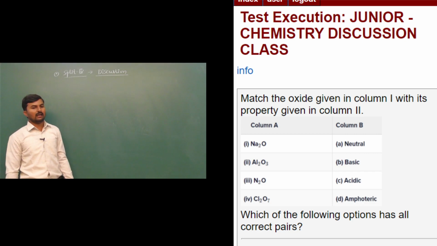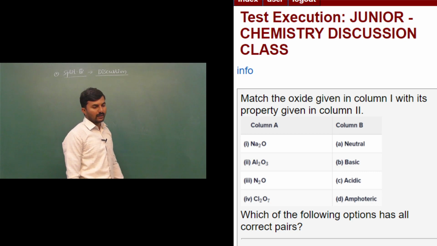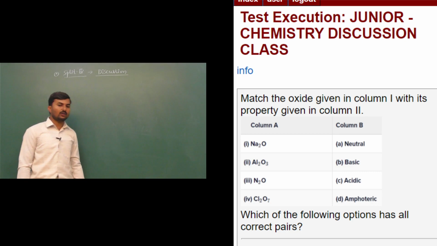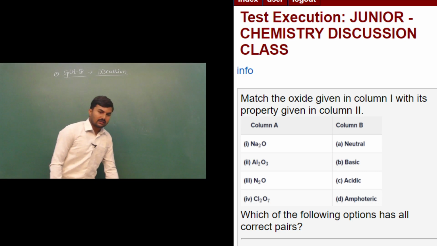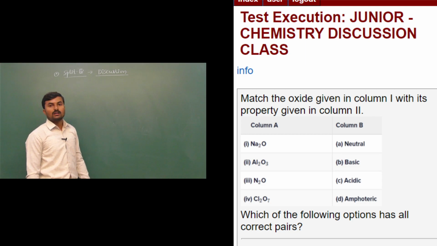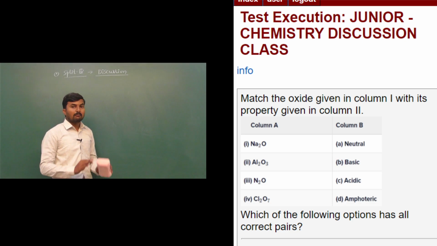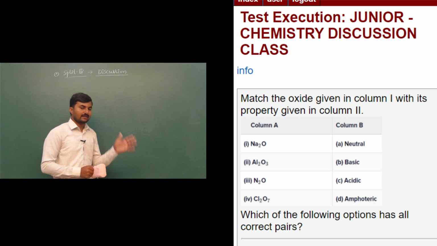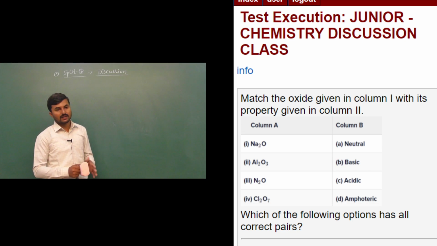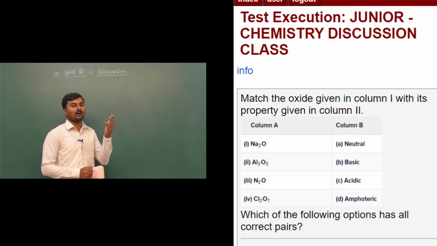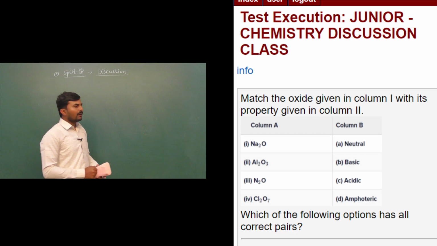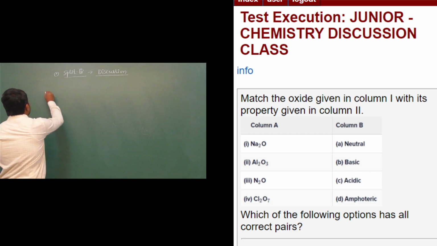In column A, they have given the oxides of different elements like sodium oxide, aluminum oxide, nitrous oxide, followed by Cl2O7. In this, we need to compare them, whether it belongs to an acidic nature, or whether it can exhibit basic nature, or whether it is neutral or amphoteric. Okay, in order to solve this question,